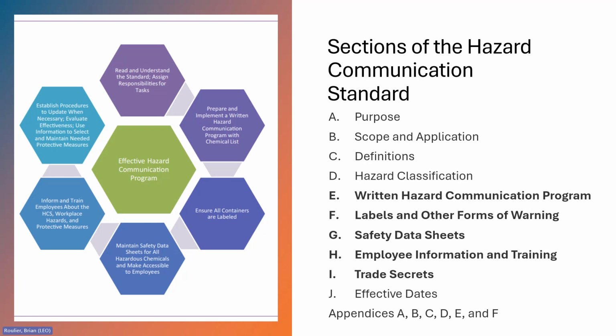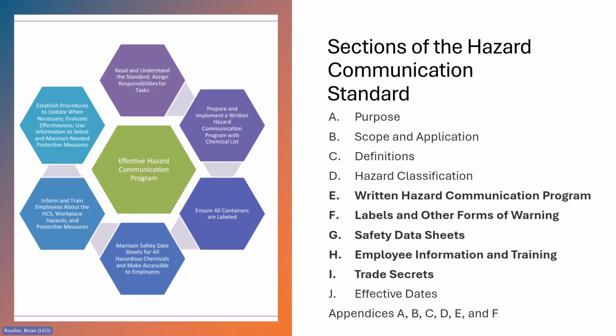The photo on the left provides a roadmap to help developing an effective hazard communication program for your workplace. Step 1 involves understanding the requirements of the Hazard Communication Standard and how they apply to your workplace, then assigning responsibilities for those aspects. Next involves developing a written program, which provides information on how the required elements of the standard will be implemented and creating a list of hazardous chemicals present in your workplace. The next two phases involve reviewing your containers to ensure that each is labeled correctly and in line with your written program, and ensuring that a safety data sheet is maintained and readily available for each worker.